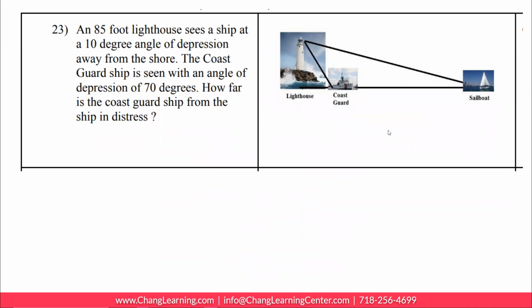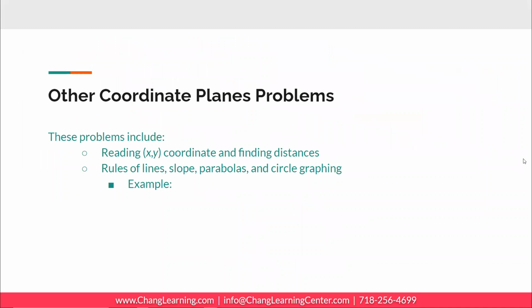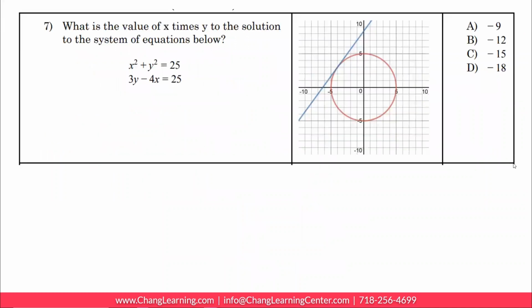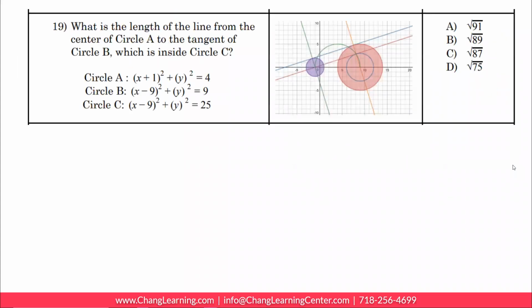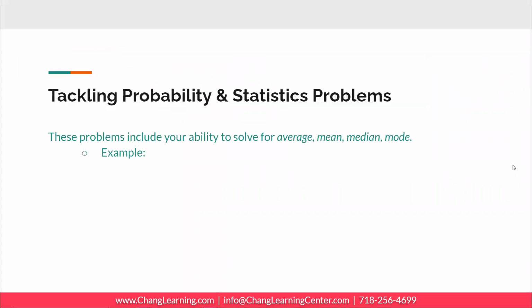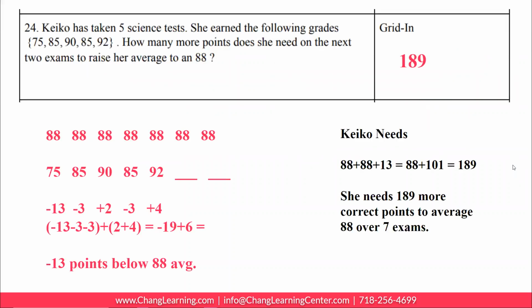So that would be the most advanced type of SOH CAH TOA problem on an SAT. There are other types of problems on the SAT that include coordinate plane problems, such as finding distances on the XY plane, rules of slope, parabolas and circle graphing. So we'll look at a few of those examples next time in the next video, which will also include probability and statistics problems